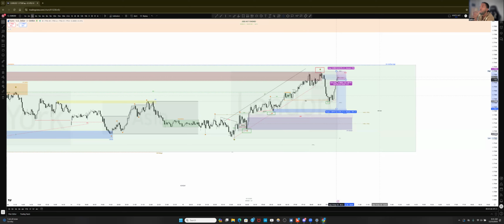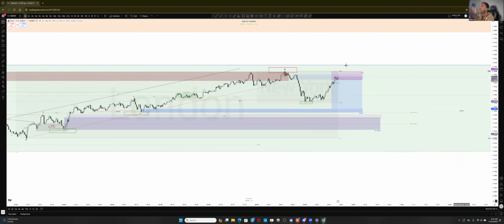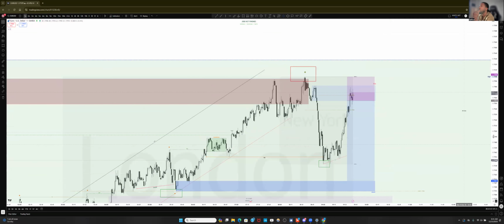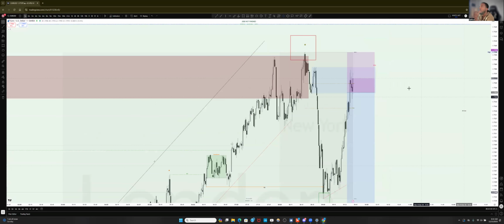Should fail. Now, the reason why we were anticipating for it to hold is simply because of the two-leg protocol. But now we ask ourselves, was this a valid two-leg protocol based on where it happened? All we've done was made an inducement, which was not a valid medium inducement. It was an inducement at 8 a.m. So it wasn't a key time window inducement of a structural zone. So that doesn't signify that this is an inducement